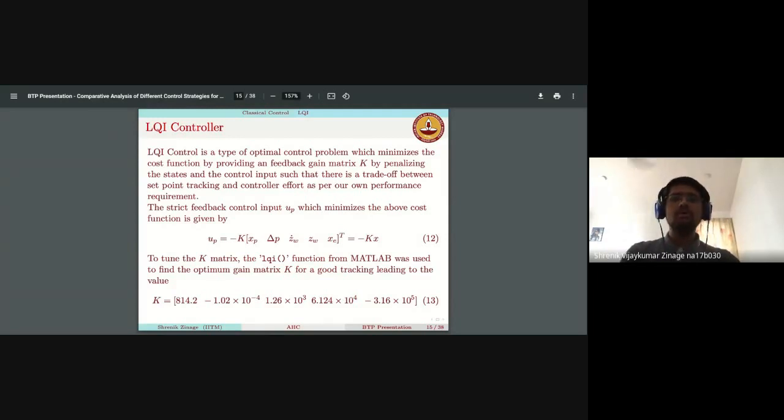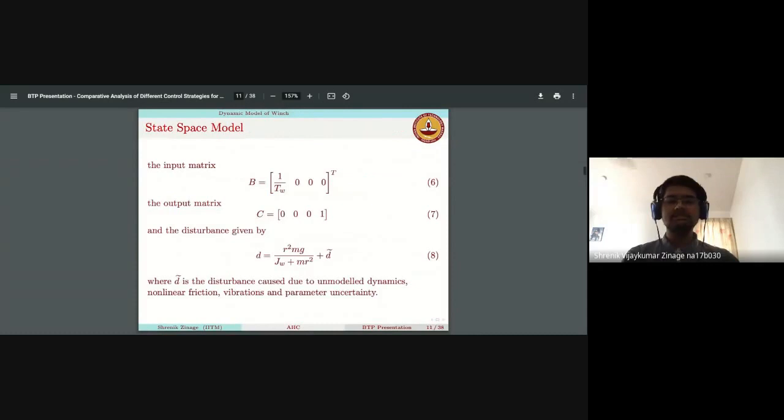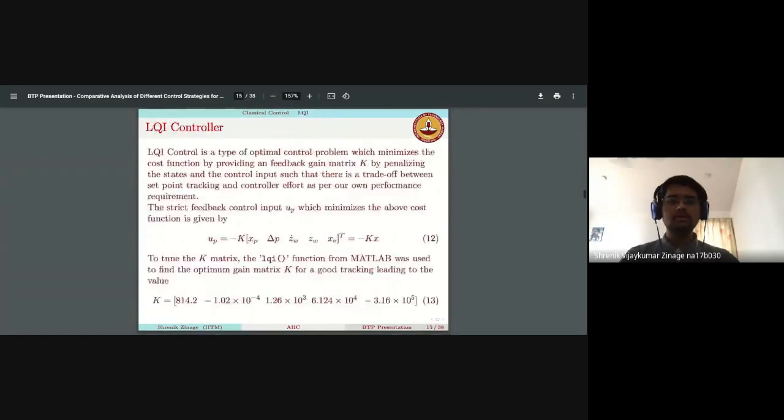So over here, in order to implement this control law, we actually need to know all the states X, which is XP, delta P, ZW dot, ZW, and XC. But in our state space, we specified C as 0, 0, 0, 1. That means we have only ZW known to us. So based on ZW itself, can I control the model? But what LQI requires is that all these 4 states be known, followed by XC, where XC indicates the integral of the error between the reference and the output.